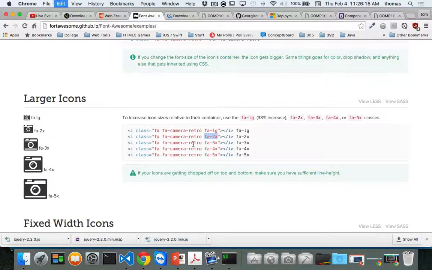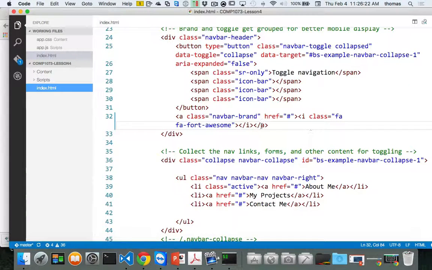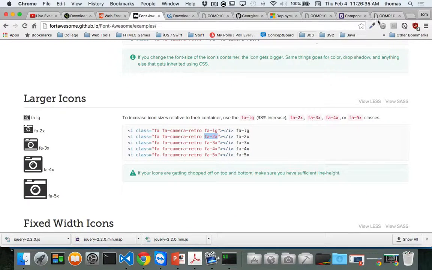Let's do that. So let's say fa-2x. I copy this right here, go back to here, and after the Font Awesome class, I'm going to put that in there. So just copy and paste, fa-2x. That's all you have to do. And if I press save, and now I test it locally, by going back to my local site,